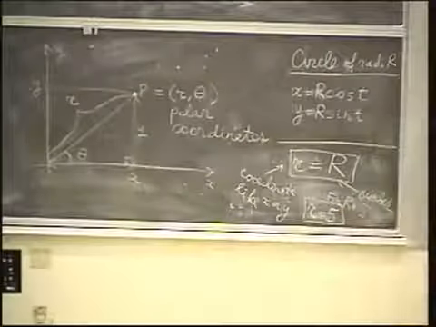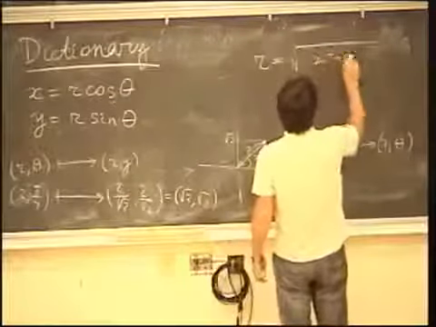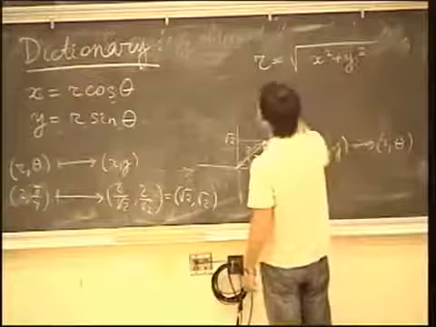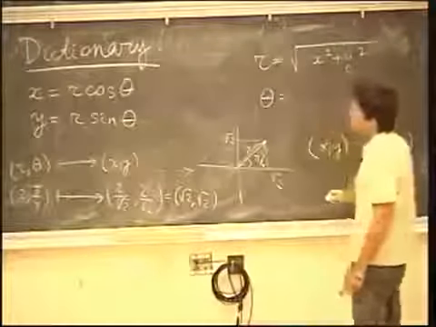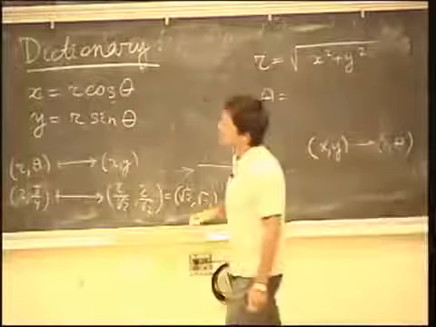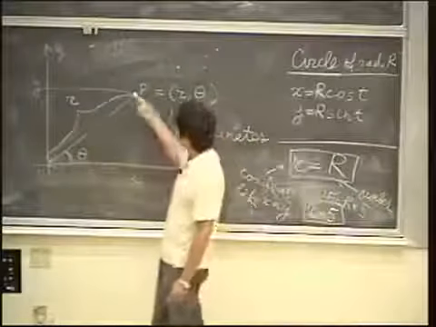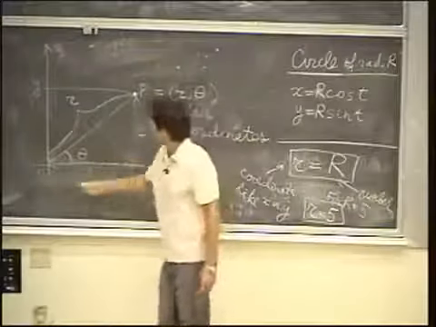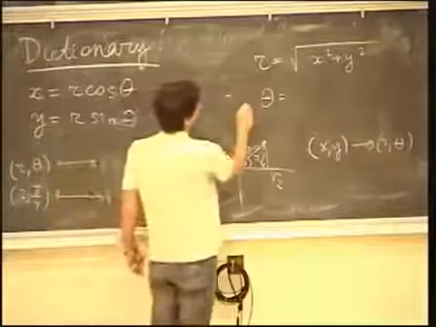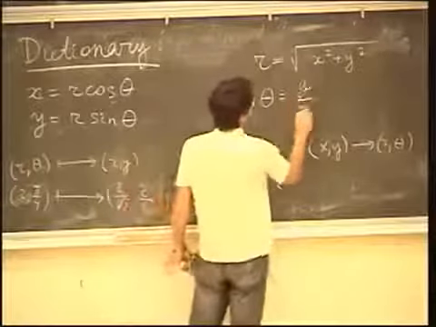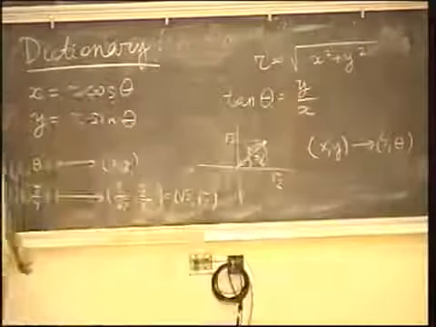So we get r is the square root of x squared plus y squared. And theta. To find theta, what we can find is the tangent of theta. The tangent of theta is going to be the ratio between this side and this side. So instead of writing what theta is, I'll just write the tangent of theta, and that's y over x. And once you know the tangent of theta, you should be able to